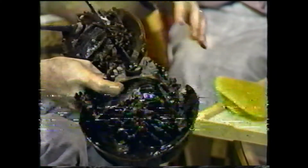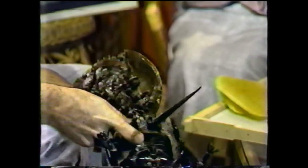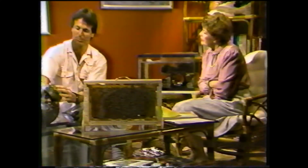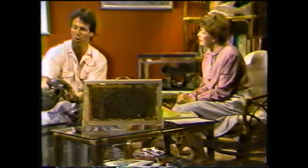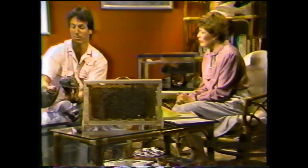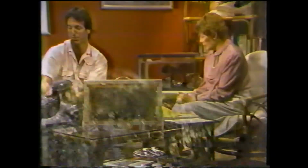Very valuable animal, especially the blood. That's right. Not only is it harmless, but it's also helpful to people. They extract the blood, and the blood has a lot of unique properties to it. One of them is to be able to detect endotoxins and impurities in blood or in pharmaceuticals, and they use that for testing different kinds of drugs. And they also use it...